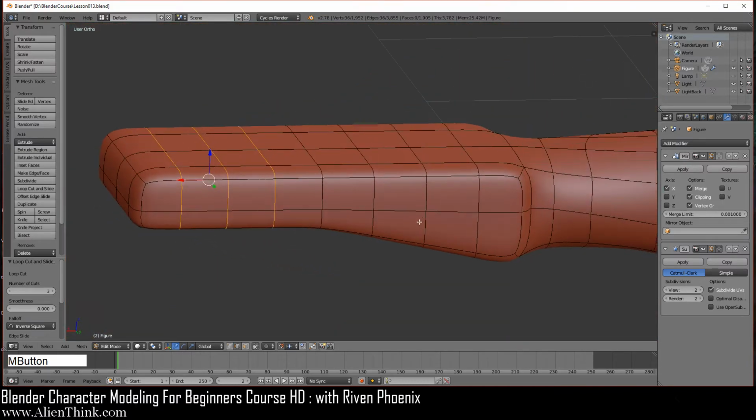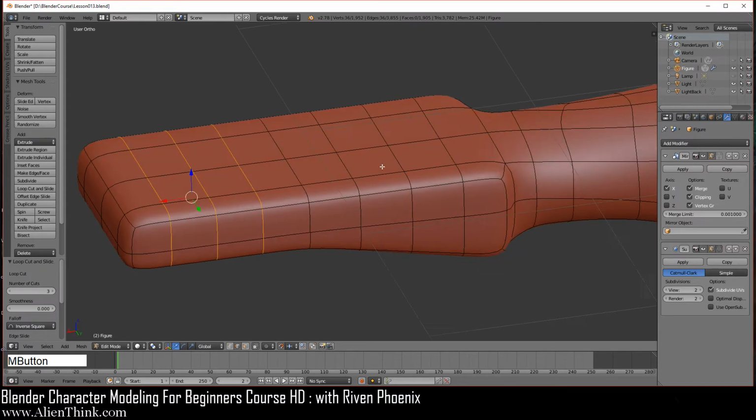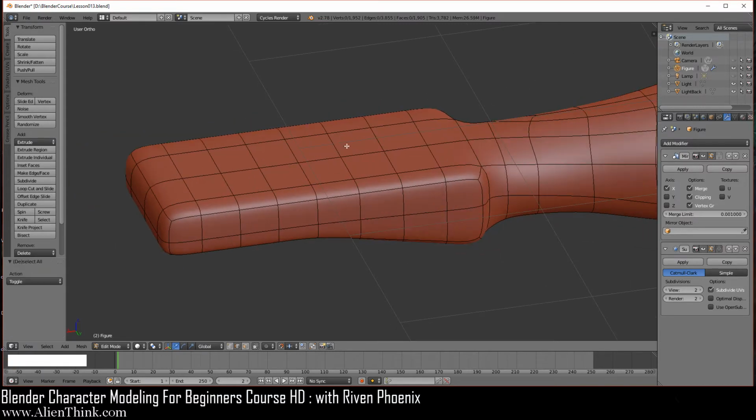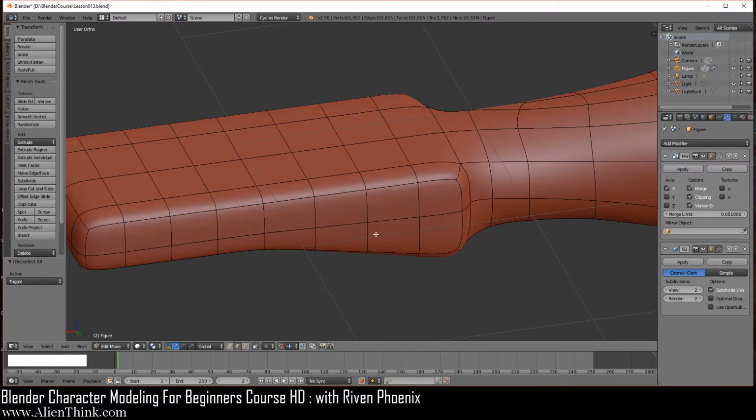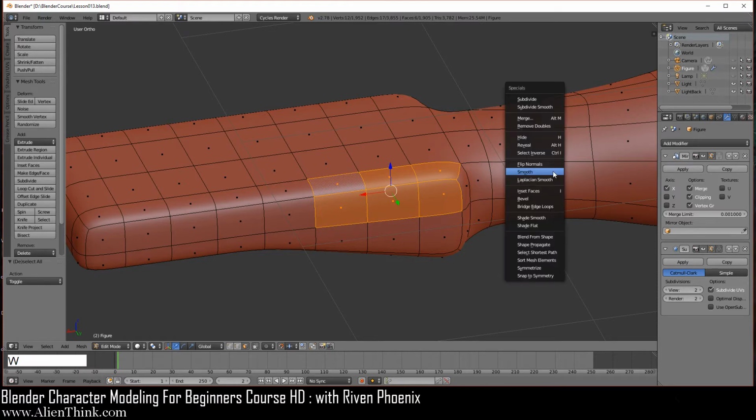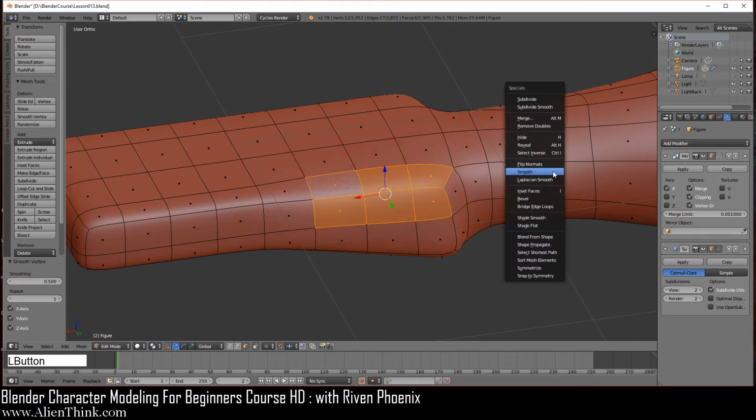We're going to do the middle mouse button to rotate over here. So the first thing that we're going to do is really just create the palm of the hand. Remember, we have to get the forms in first before we can come in for the details. So go ahead and select on the face select mode, click on this face, shift key down, this one, this. We're going to smooth this 8 times, W smooth, 1, 2, 3, 4, 5, 6, 7, and then 8.